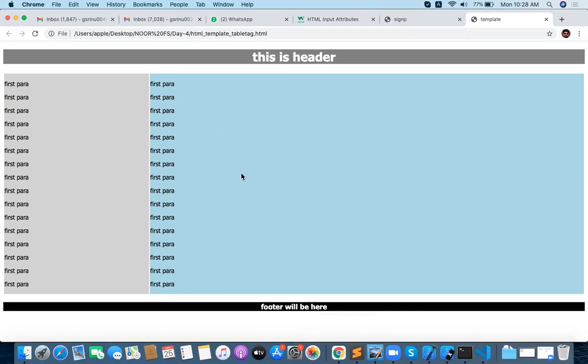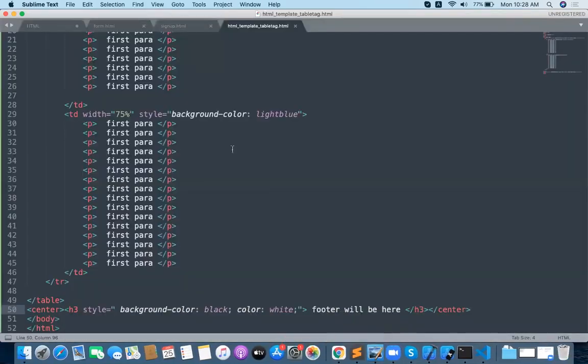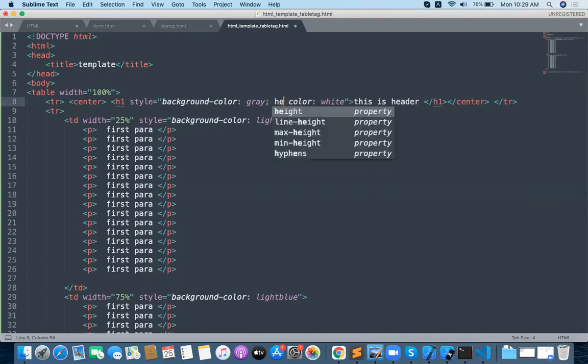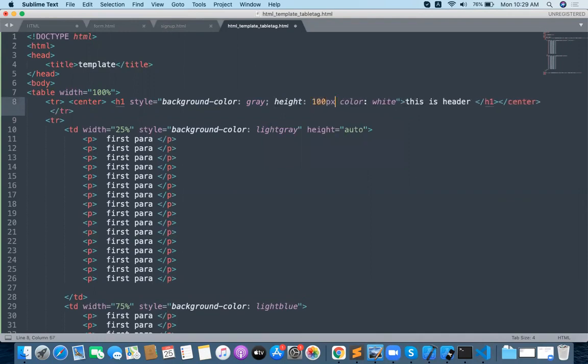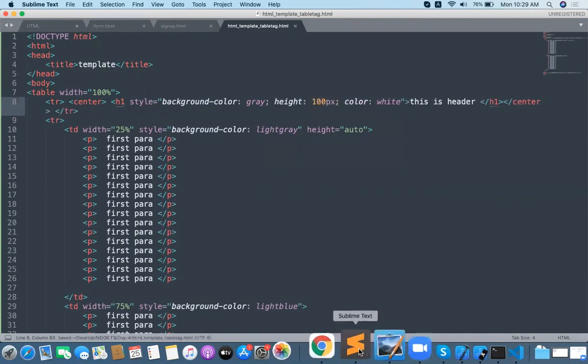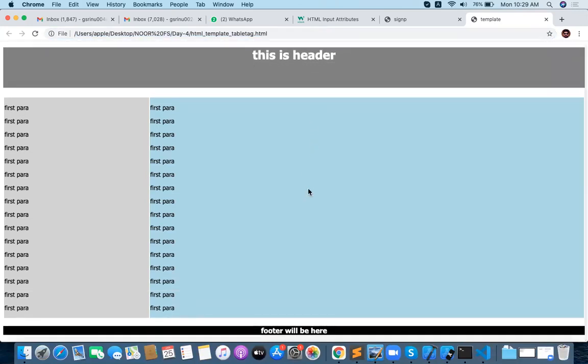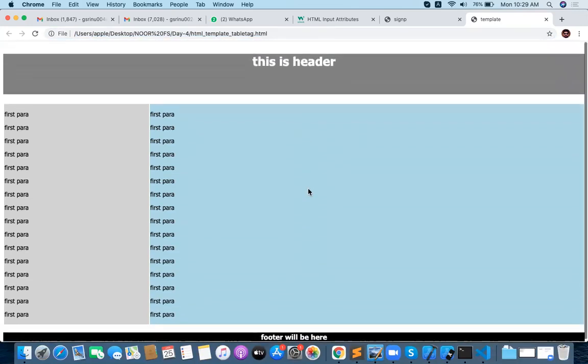Main content is auto, nothing but whatever content you place, based on the content it expands. Am I clear with this one? You should understand some CSS part. If you know CSS properly, then it is very clear for you. Height should be something like 100 px. Header is very nice now, this is my footer, and the content is also like this.